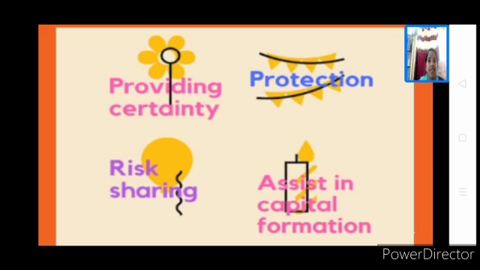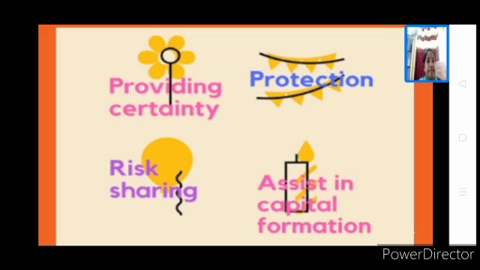And last is assistance in capital formation. When I say life insurance, actually many will go with this option, insuring their lives. Then what happens, the insurance company will collect the capital, and that capital, just like a bank, they start investing in the business. We know that business needs funds to do their business activities. So from where do they get the funds? It is from the banks and also from the insurance companies.